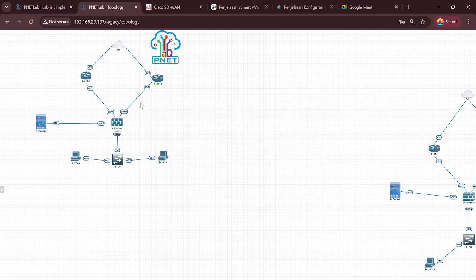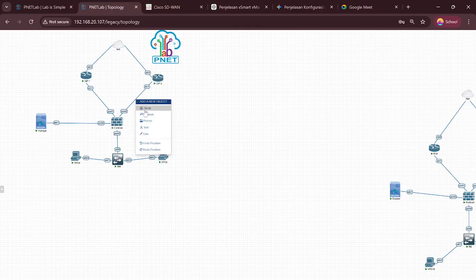Now try to delete the cable on the FortiGate. Okay, delete the cable. Okay, wait.